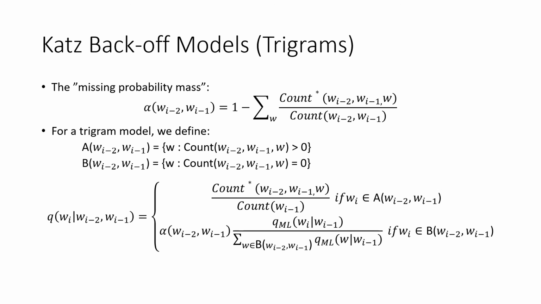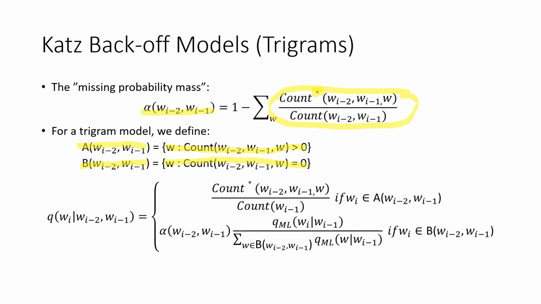The trigram backoff model by Katz again first defines the missing probability mass alpha, but now using the maximum likelihood estimate for trigrams, but again note the count star, which indicates that we use those discounted values. Then for a trigram model, we also define set A and set B. This set A is defined as a set of words that did appear in trigrams of our training data set, and the set B are the words that did not appear in trigrams of our training